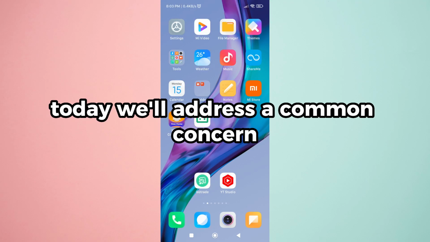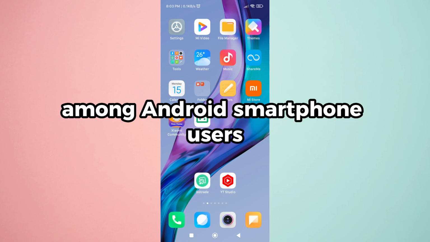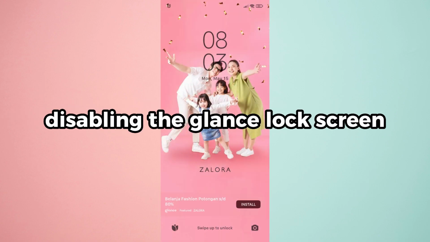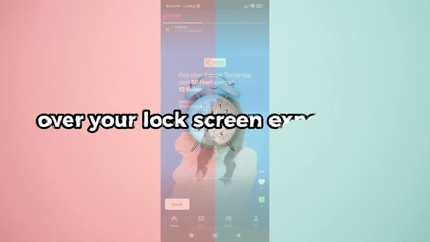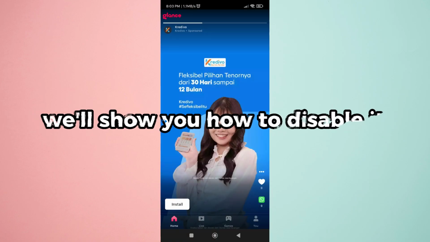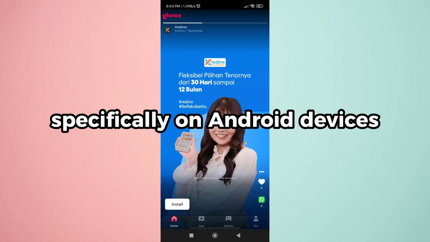Today, we'll address a common concern among Android smartphone users, disabling the glance lock screen in 2023. If you prefer more control over your lock screen experience, we'll show you how to disable it specifically on Android